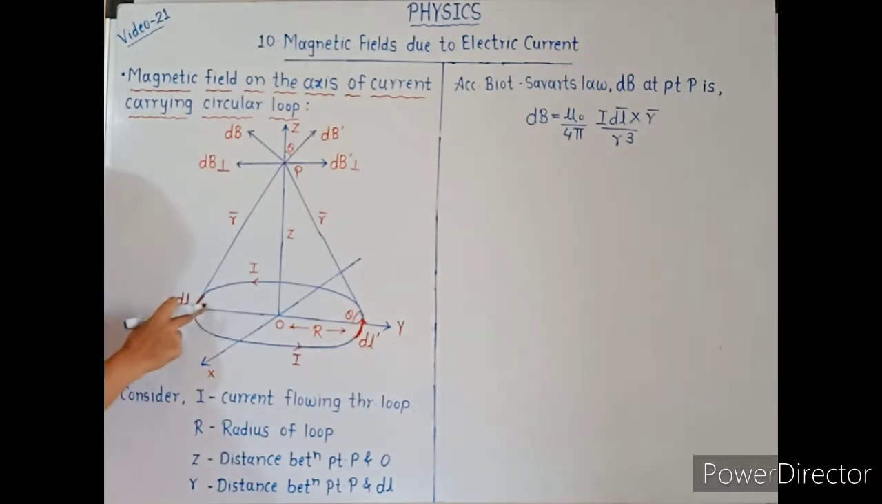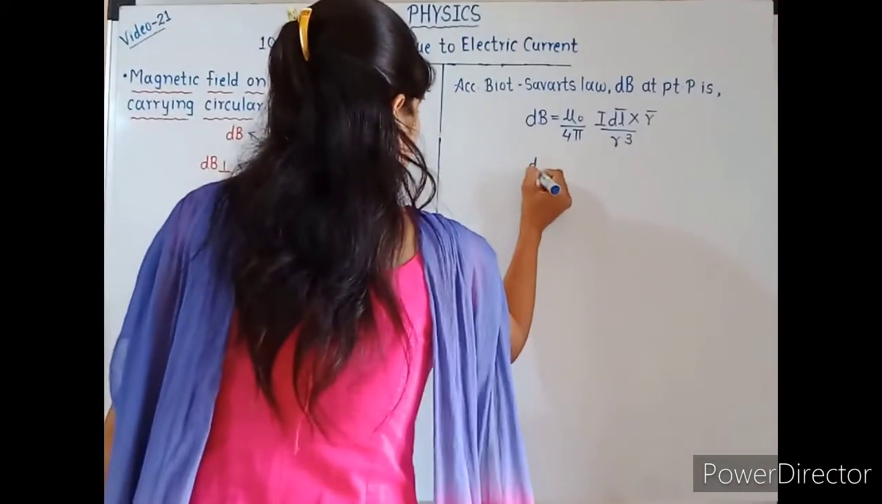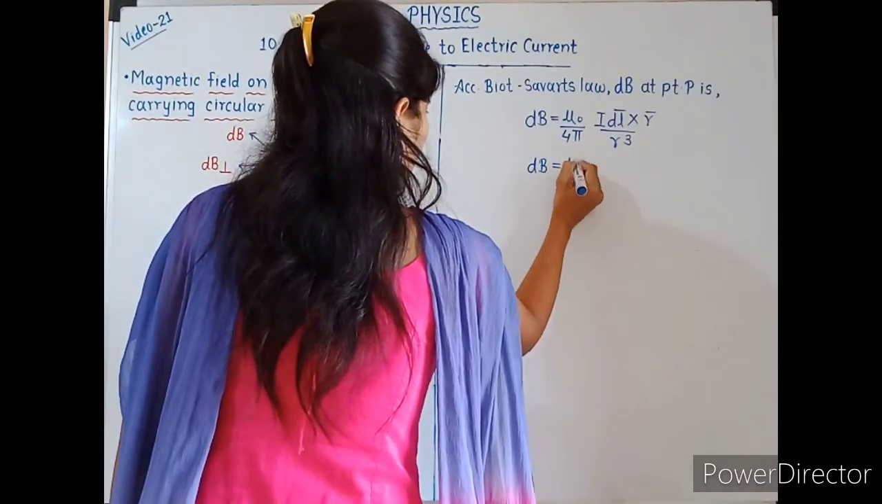Now this dl is in the outward direction and this dl dash is in the inward direction. So this dl is perpendicular to this r bar. The angle between this r bar and dl is 90 degrees. The direction of this dl is like this. And since this dl and r bar are perpendicular to each other, the magnetic field dB is given by dB is equal to mu 0 upon 4 pi